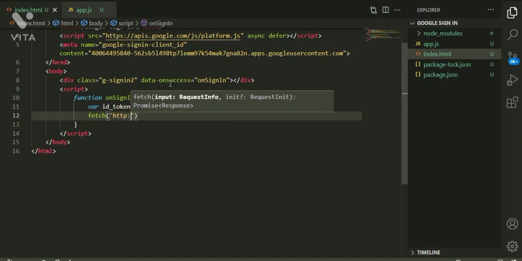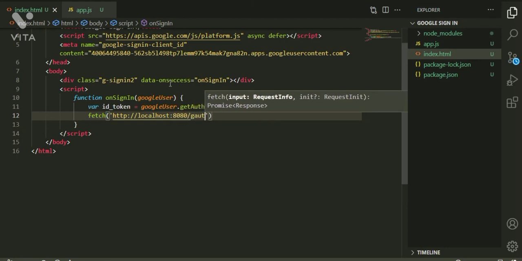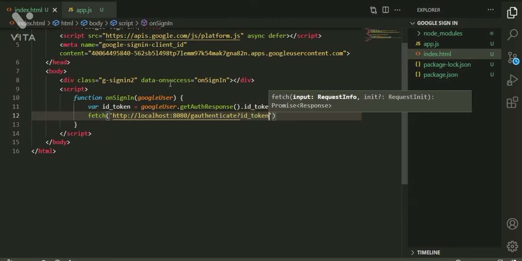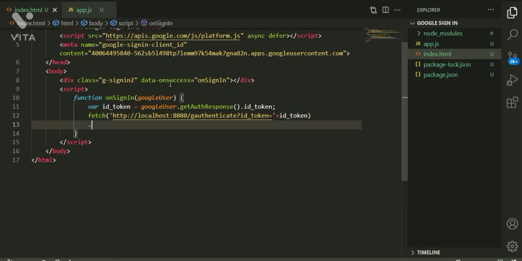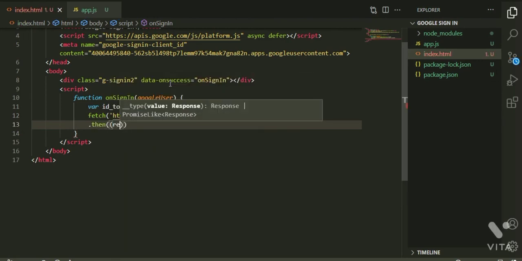http://localhost:8080/authenticate, and the query parameter is id_token equals the value id_token. Then we'll get the response.